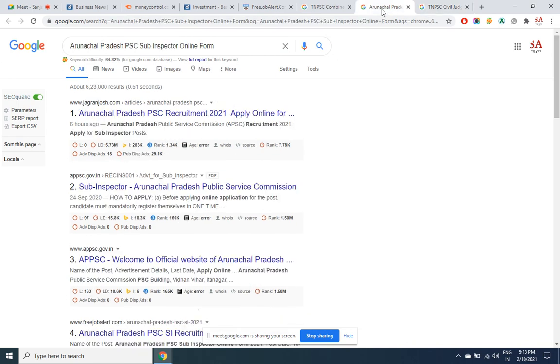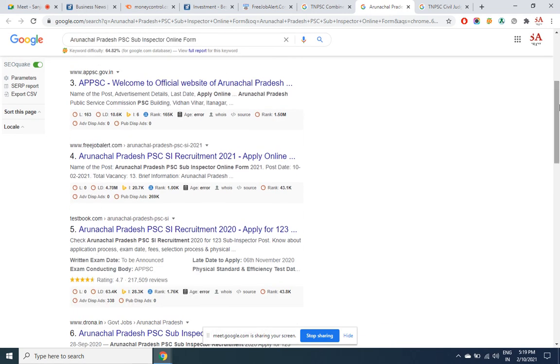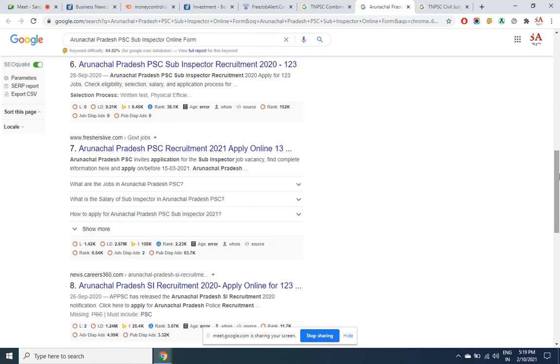We'll try another keyword here. Again, Jagran Josh. There's also a blog like Free Job Alert. Free Job Alert is here. 0 backlink pages on top. 97 backlinks in 2nd place, 163 backlinks in 3rd place. Why that difference? We'll get back to it. But 0 backlinks, 0 backlinks, 0. 2 backlinks. 1420 backlinks. Look at how many pages with single digit backlinks are there in the top 10.